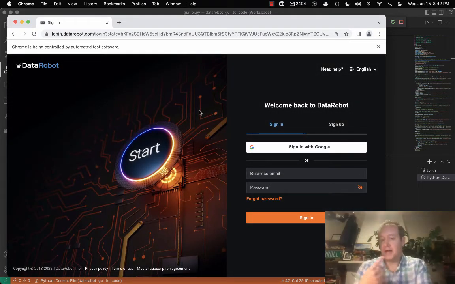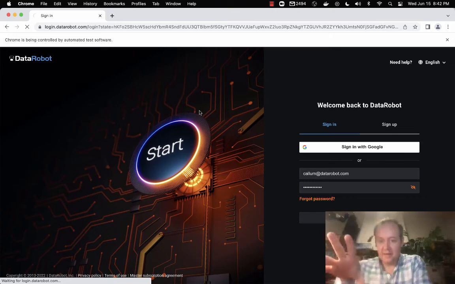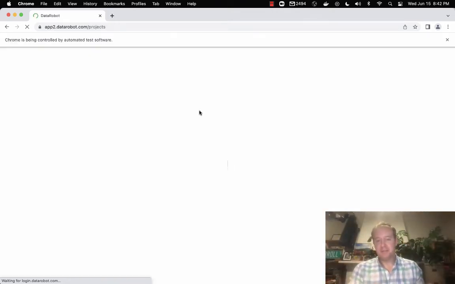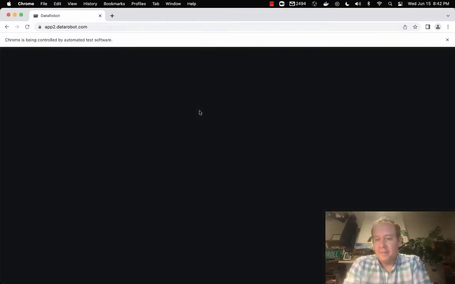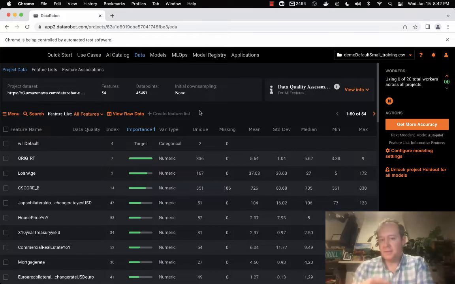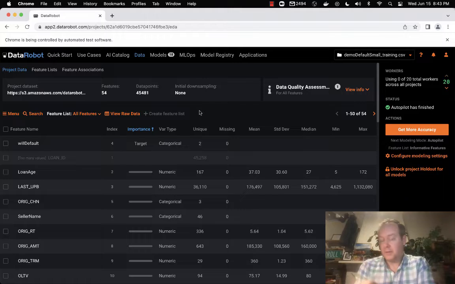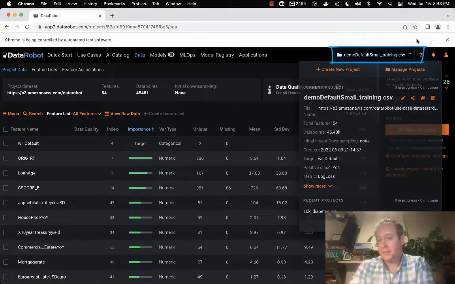So what it's going to do now is log into DataRobot, and keep in mind this is happening live in front of me. I'm not touching the keyboard. I don't have somebody, a stooge, entering anything on the keyboard or clicking anything on the mouse. But what it's going to do is go through the steps that I would normally need to do to get to a specific project. So you can see up the top, I'm at this project,